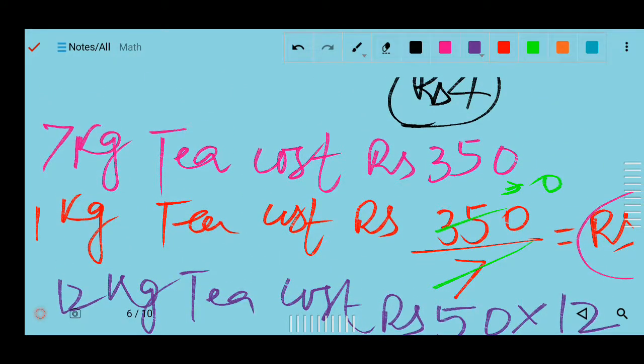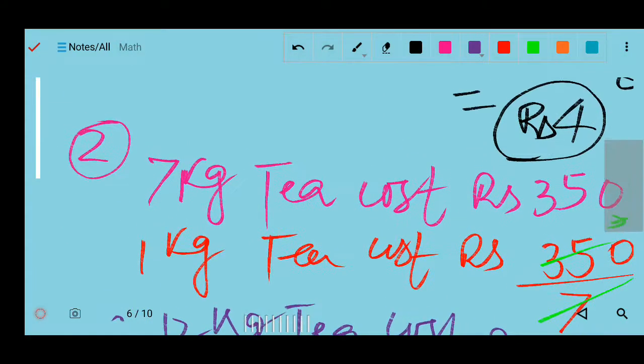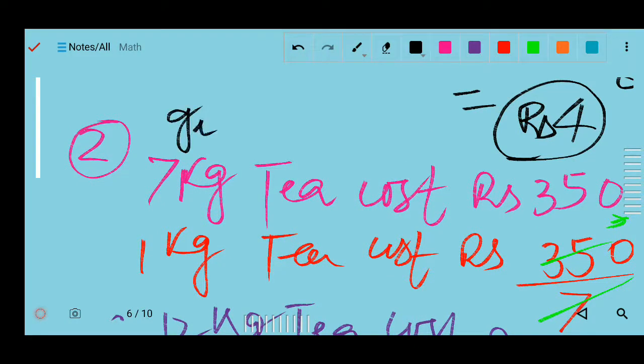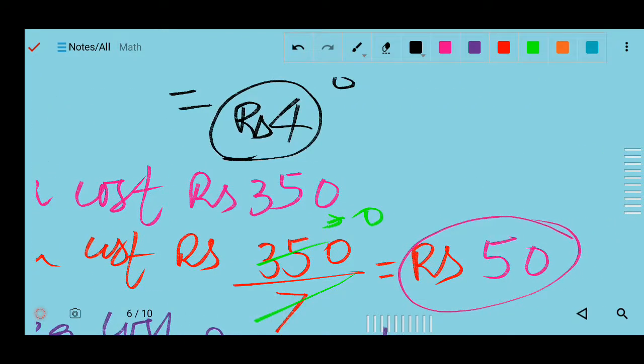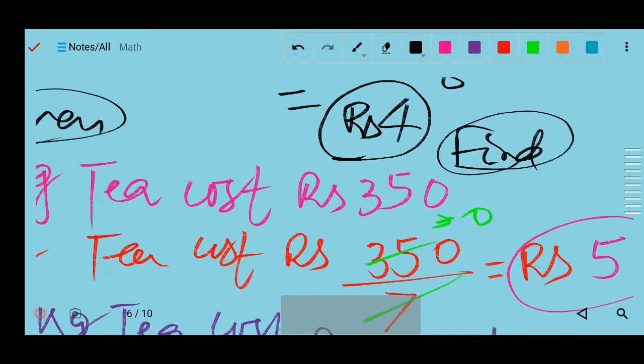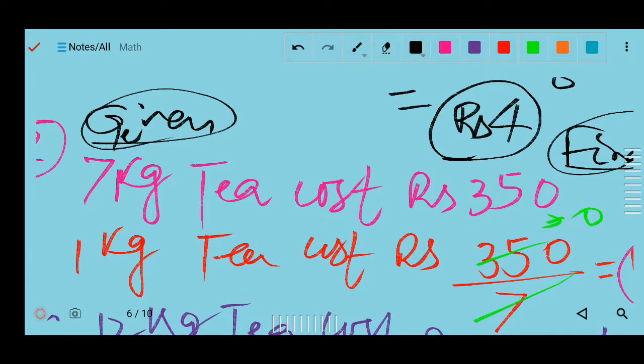One more very important thing I want to add here. When you are writing the sentence, you should always know which is the given part. The given part you should always write on the left side, and the thing whose value you have to find you write on the right side. Whatever data is given in the question, always try to write it on the left side. Okay, always start the sentence with it on the left side.